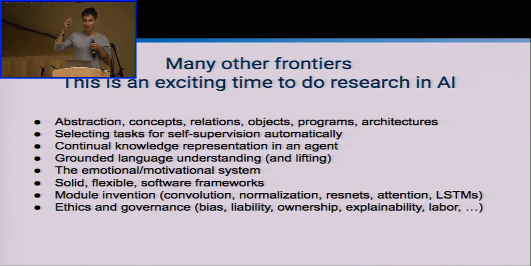How do we represent knowledge throughout our lifetimes? How do we build all this knowledge in our heads? The role of the emotional system is also poorly understood in how it affects machines and reinforcement learning and so on. And of course, as we'll hear, and we already heard about this earlier, issues of ethics